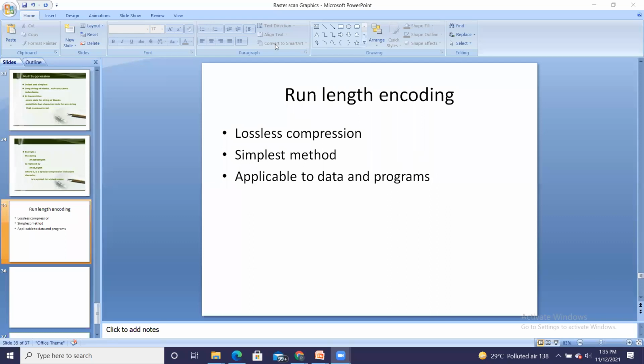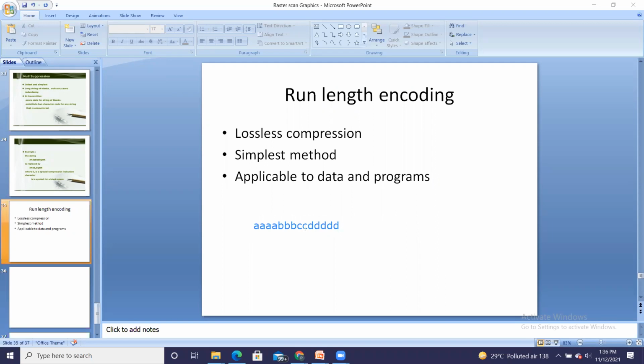For example, I have this particular data with me. What does the string contain? The string contains 4 A's, 3 B's, 2 C's, and 5 D's.